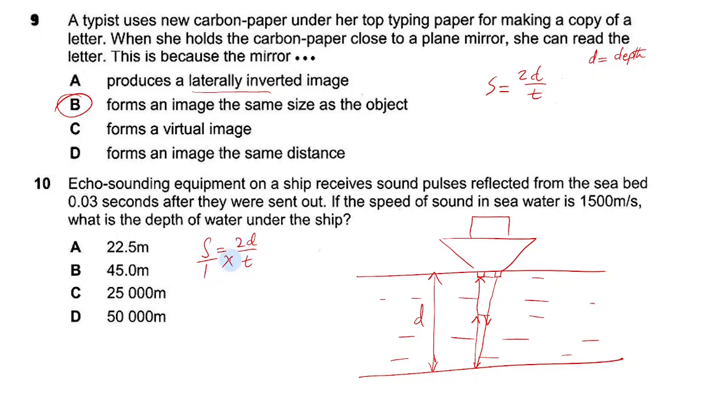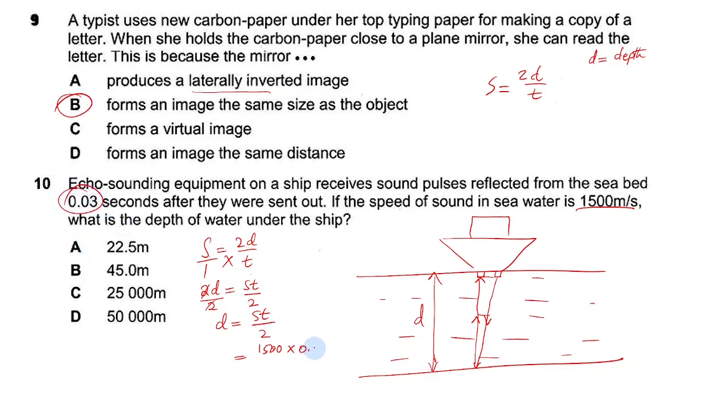So 1 times 2d, it will be like 2d equals 1 times s, I mean s times t, it will be like st. Then you want D not 2, so you divide by 2, so that 2 can go. So D is going to be ST over 2. So here you substitute S is the speed, okay? So you put 1500 times, then T is the time, which is